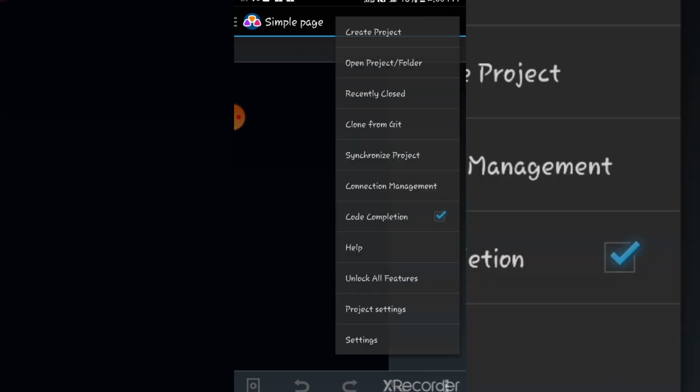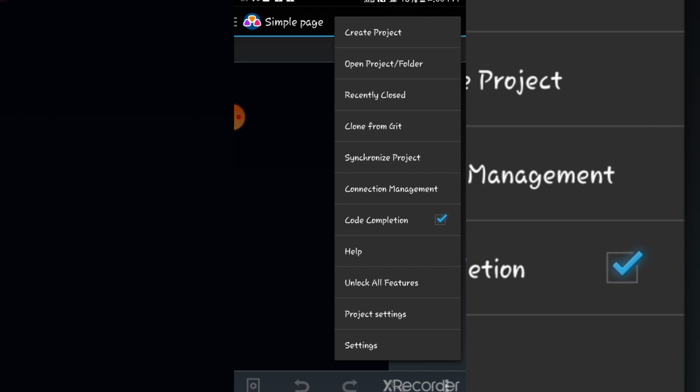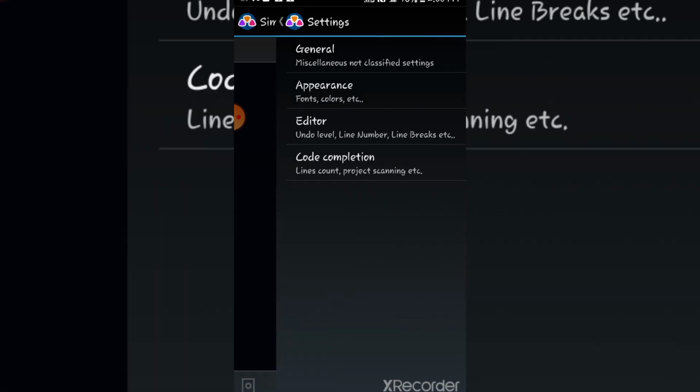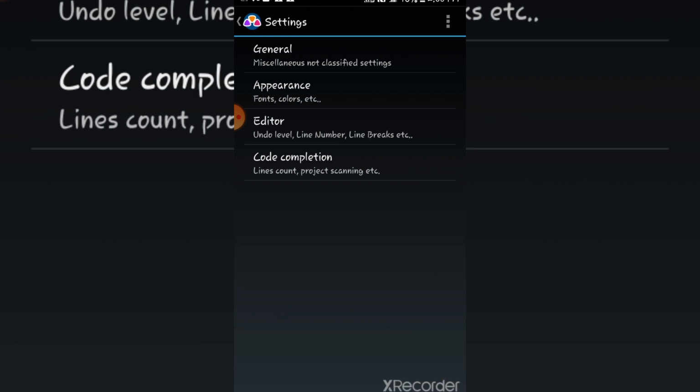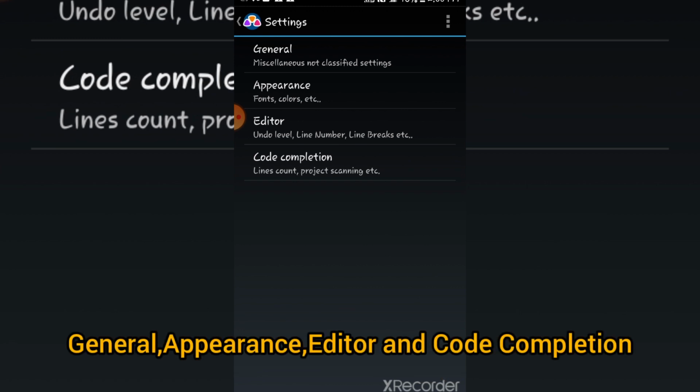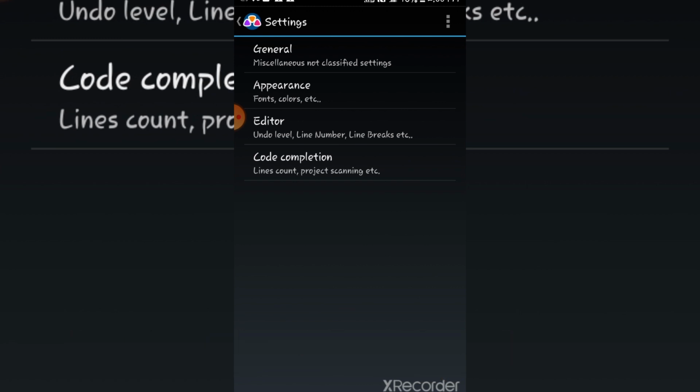So firstly, to be able to solve this unknown message error, you first of all go to these three dots below, you go to the settings. In settings, you have general, you have appearance, you have editor, and you have code completion. General is miscellaneous.